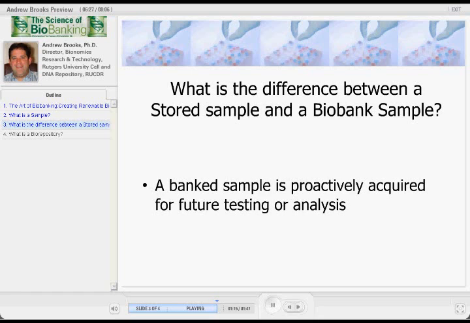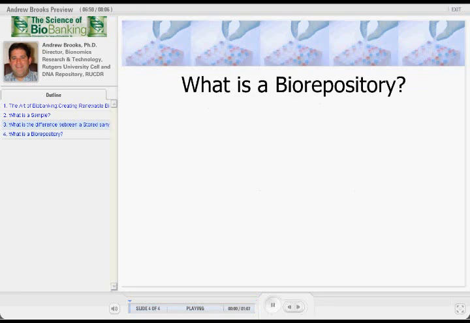Again, when you're operating or running a repository, storage is a big component of what you do. It's everything else in a biobank that I think kind of presents challenges that need to be addressed in either protocol development or in operational requirements. Not that companies or labs that store samples, that there are no challenges associated with it. There are many. But when you biobank samples with respect to manipulating them, processing them, distributing them, and being responsible ultimately for their quality, I think that's where it presents unique challenges. So what's a biorepository?